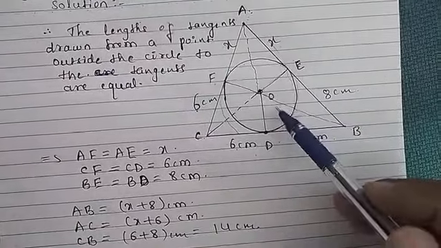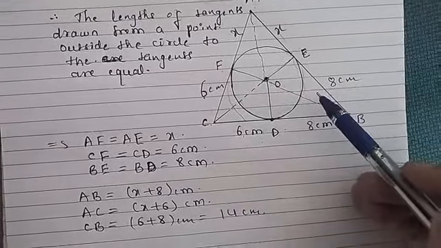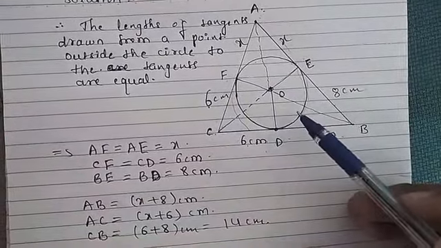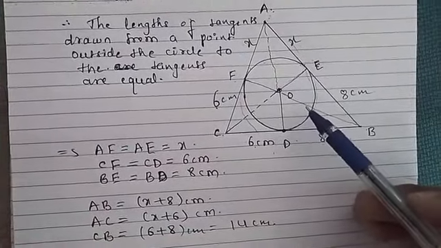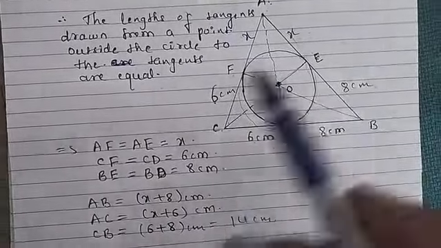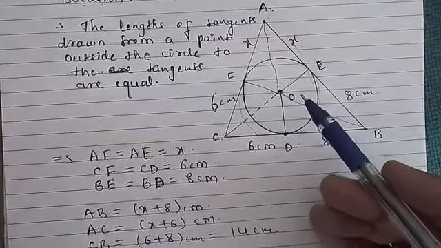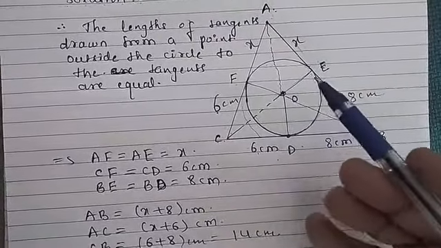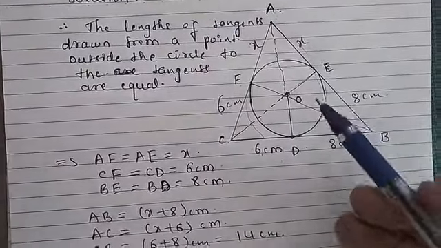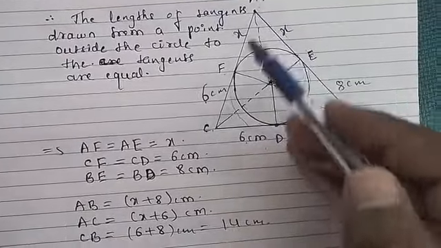So which triangle is this one? A triangle with 3 different sides is a scalene triangle. If we don't know the sides of the triangle, see, last year we learned Heron's formula. Now by using Heron's formula, you can find the side. If it is an equilateral triangle or a right angle triangle, you can easily find it by using the perimeter formula. But here 3 sides are different, that is a scalene triangle. So by using Heron's formula only, we can find the unknown length here.